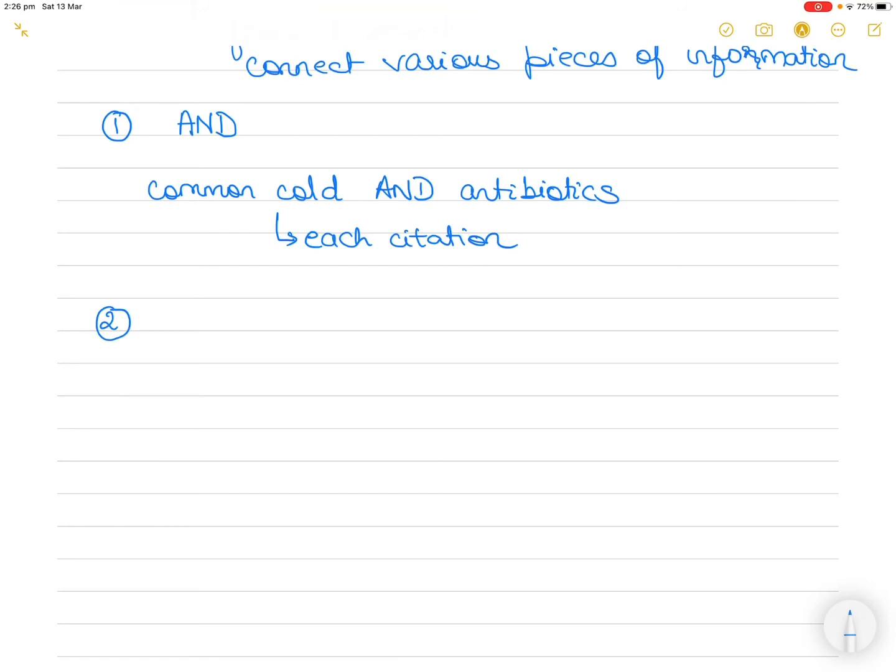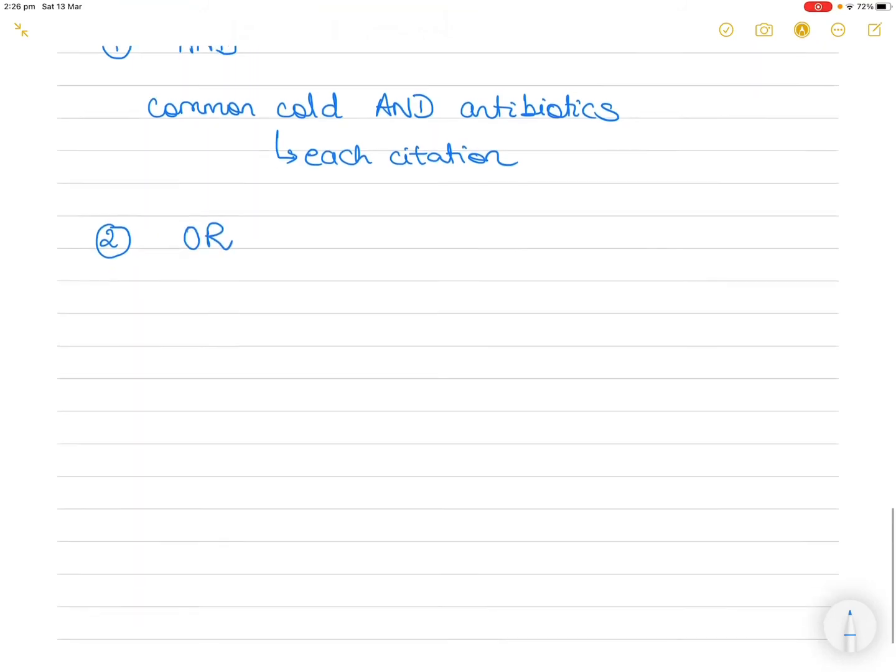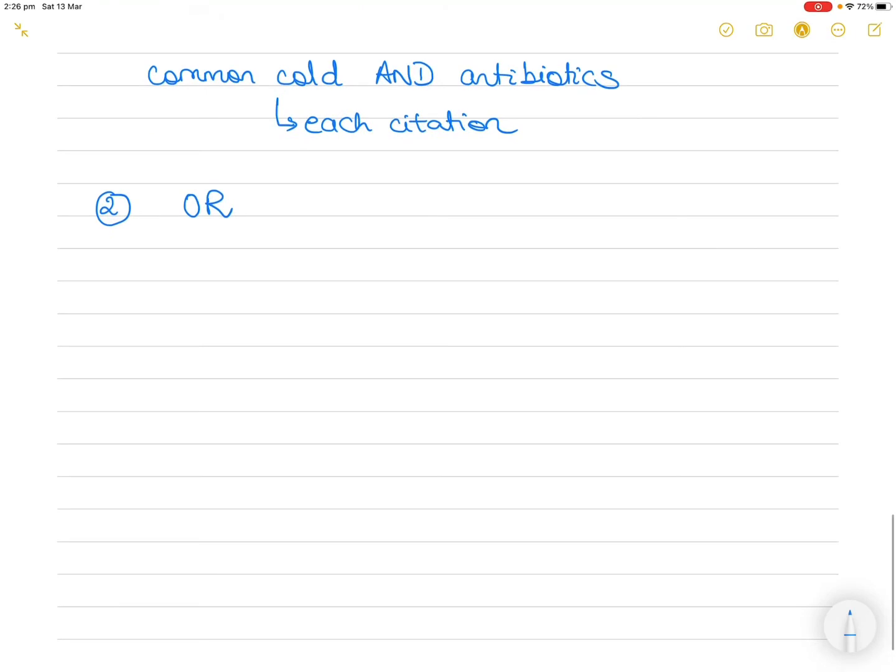The second Boolean operator is the word OR. All right, so you are trying to investigate, is vitamin C a good source of zinc, right?